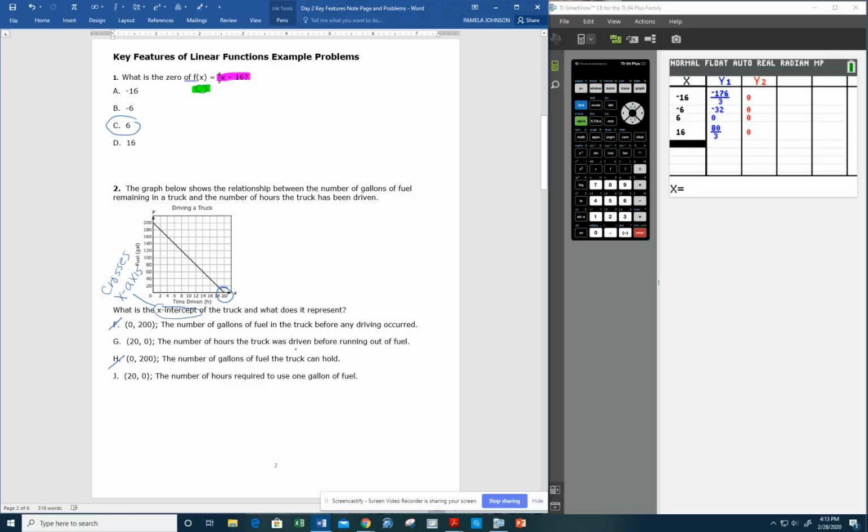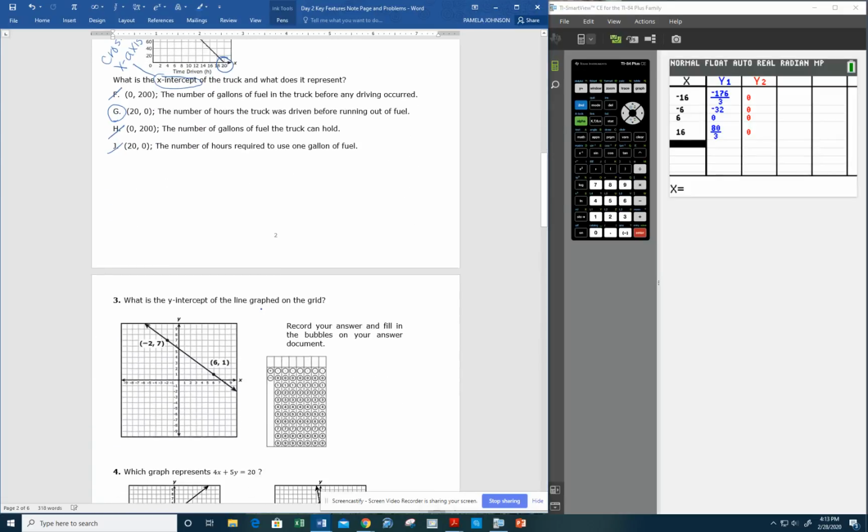So the two explanations, G tells us that it's the number of hours before running out of fuel, and J tells us number of hours required to use 1 gallon of fuel. So G is our correct answer. J is trying to describe a slope, but it's actually the wrong slope here. Okay,